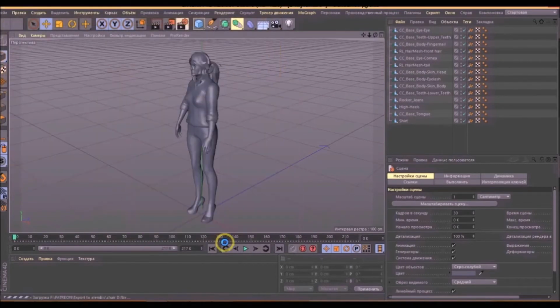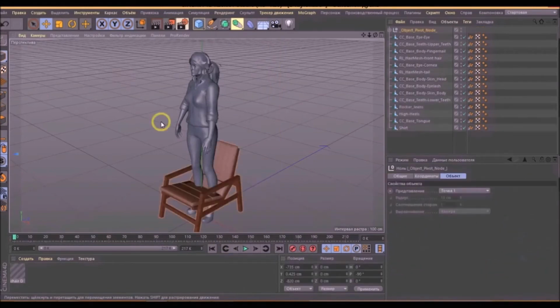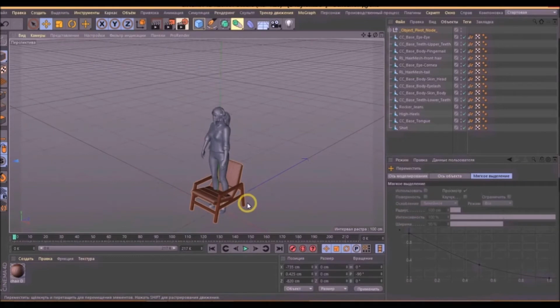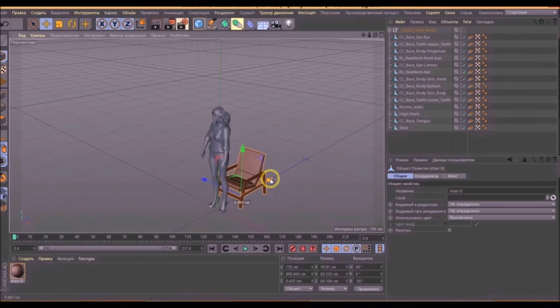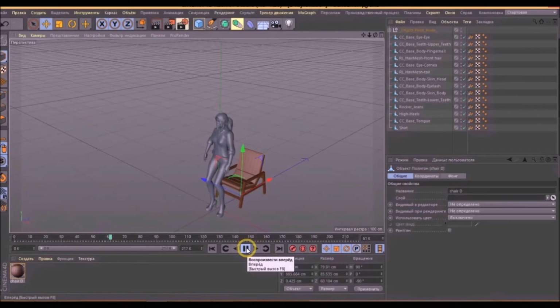Then we will export the file using the file export Alembic tabs. So, if you don't turn on the radio button world space, then you can export only movements without key effects.